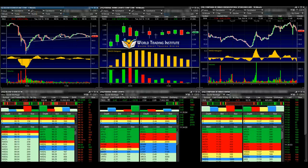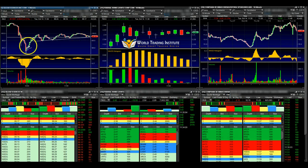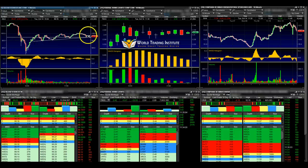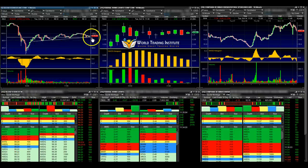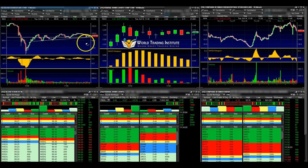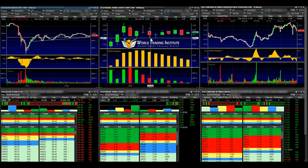Remember, we're looking at the Gilead 1 minute. Stayed at a short right here. This is pretty much a support level. You see the guideline, and this is the uptrend movement moving forward. If the guideline breaks, the support breaks. But if the upward trend move breaks and goes downward, that means there's a new downtrend that is currently being